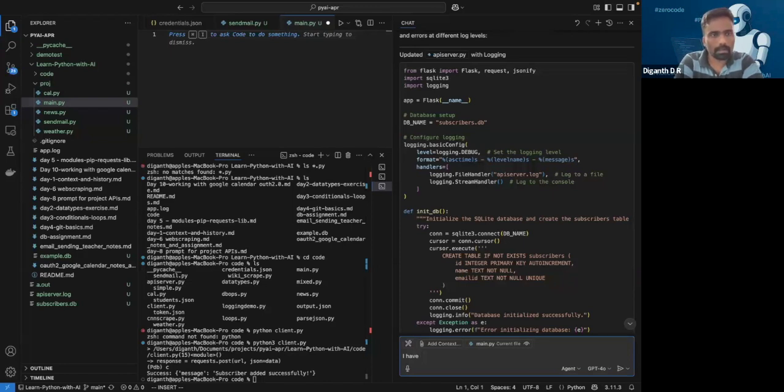I'll just take news, weather, and calendar. I have news.py, and weather.py. These modules can be used to create a new module